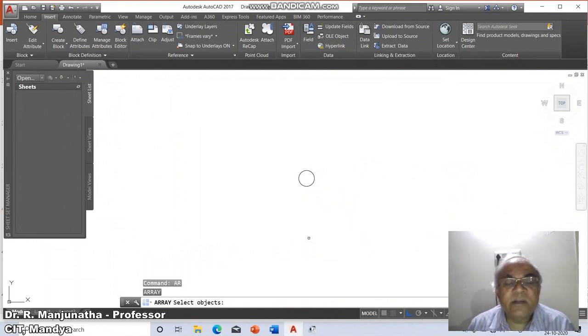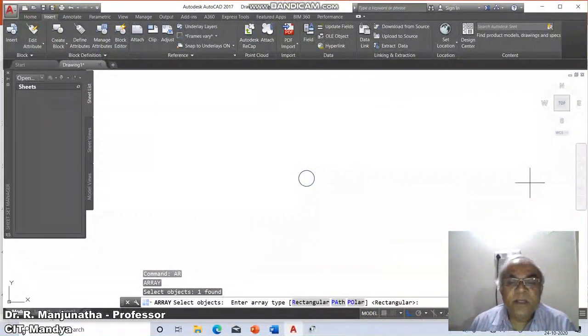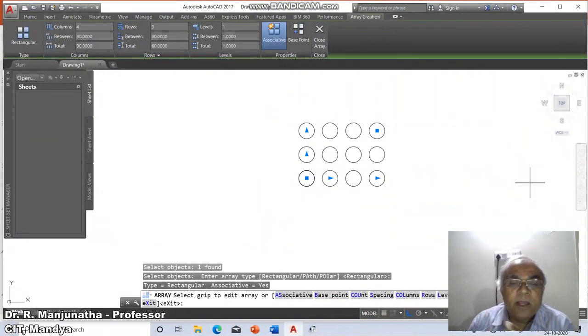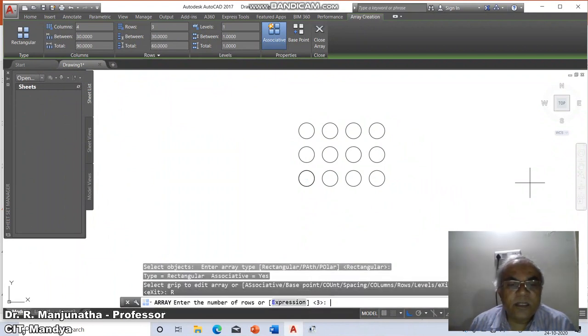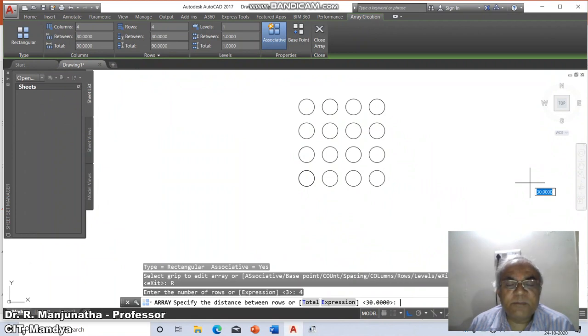The command is array. I will repeat this, select this. I will take rectangular, and then you want the number of rows that is negative in the y direction, plus comma minus. So here the number of rows is 4, and they specify plus comma minus.